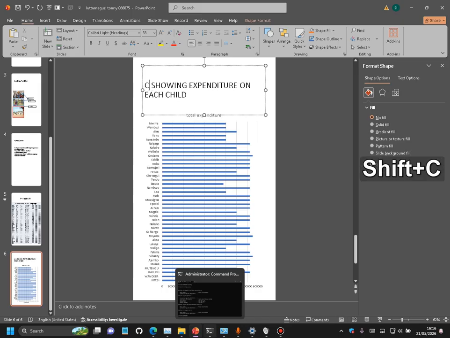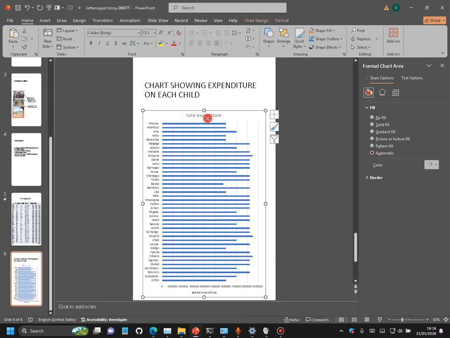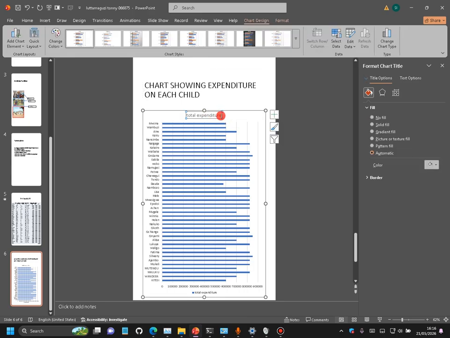Let me type chart. Okay. Let me not specify. So what we have here is the total expenditure, and on the side we don't have a chart title there,